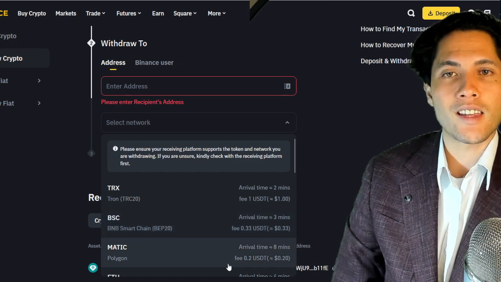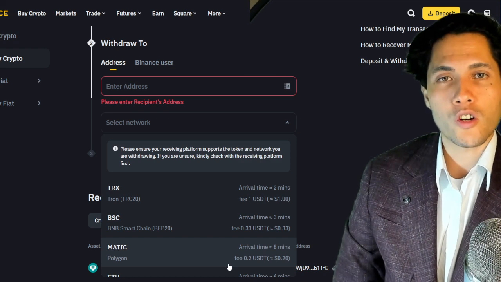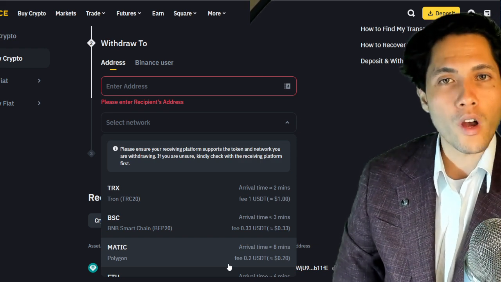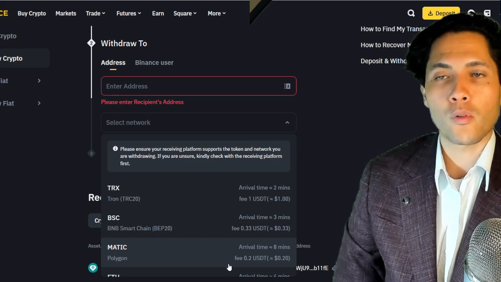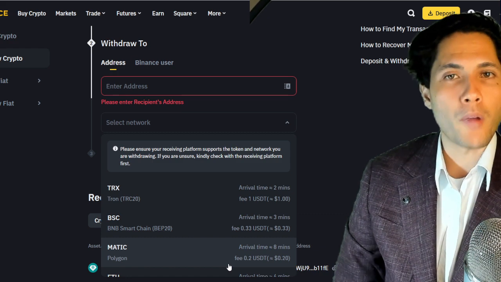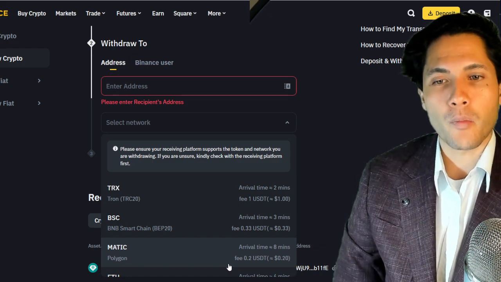And then you got down here Matic, which is also a very, very popular blockchain to send funds on. It's only 20 cents. Most people will accept it as well. Most people in the P2P trading community, if you want to buy something online, it's very likely that you can send funds by USDT